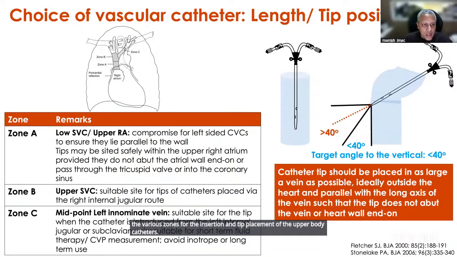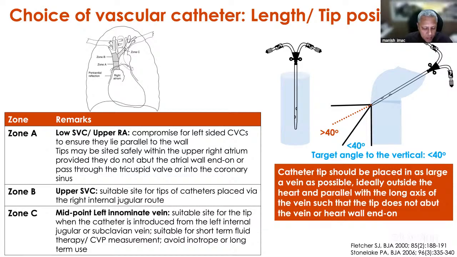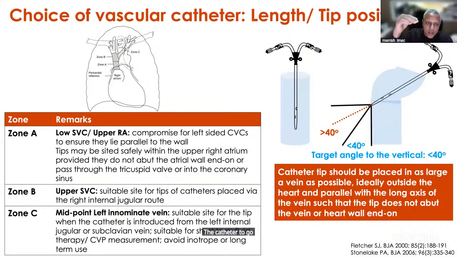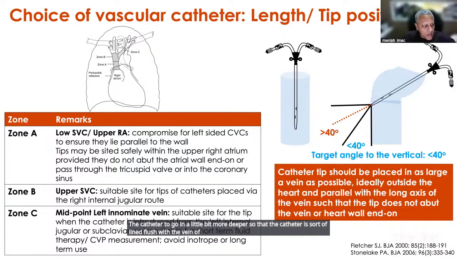So zone A is the confluence of the lower superior vena cava and upper right atrium, and it is best to site the tips of these catheters, especially the ones inserted into the left IJ vein, there. You want these catheters to go in, and after they have taken the second bend, you want the catheter to go in a little bit deeper so that it is lying flush with the central vein,